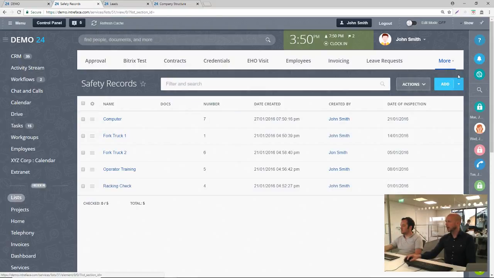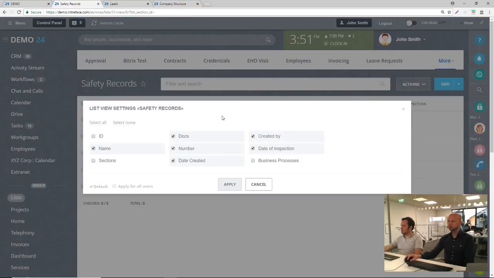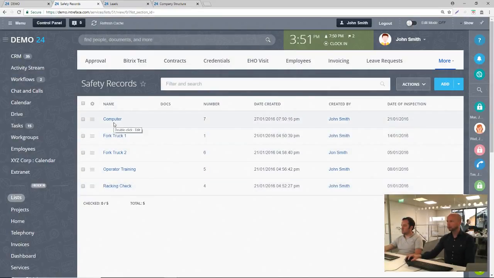I can add a new line item to this list using this. Of course, if you've got permissions, then you can customize the fields that you're seeing in this list view. If you're an administrator, then you can create new fields and delete fields. All users can choose which fields they display in their list view, so they can hide fields if necessary. But once you've got your content in there, there are things you can do which you probably can't do on a spreadsheet. Firstly, we can